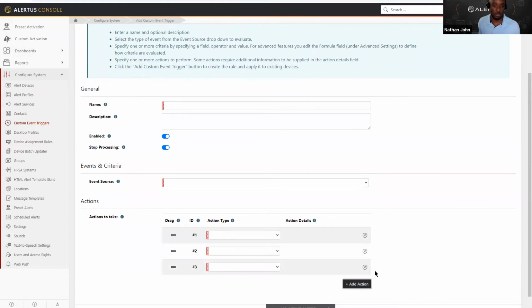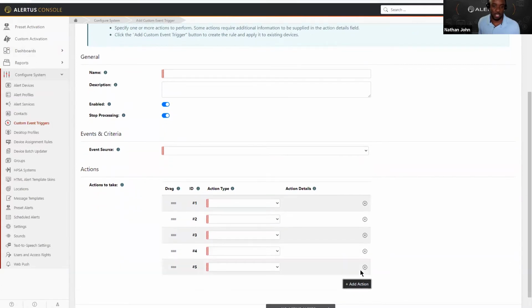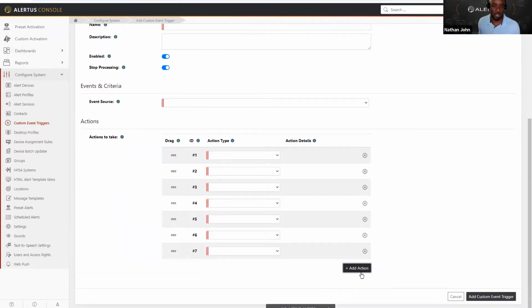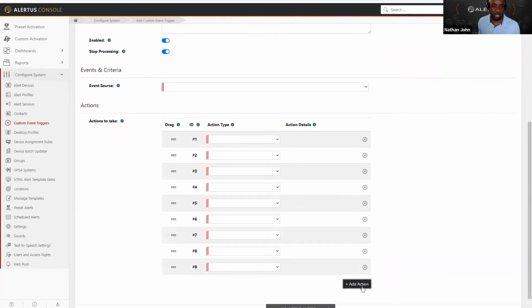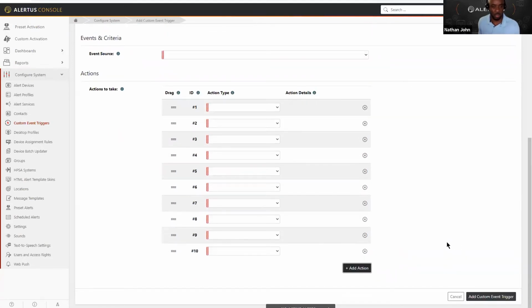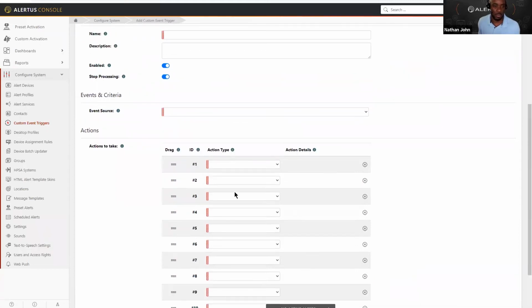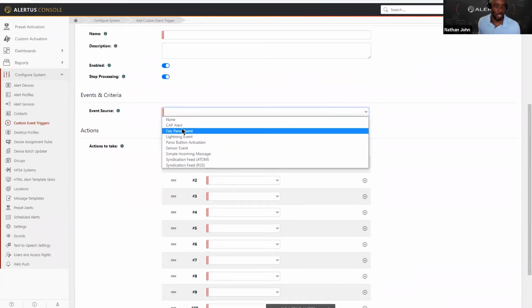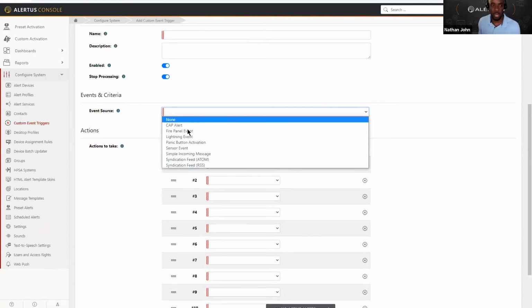Now, we've removed that 7-item limitation, and you can add as many as you'd like to. This is a bit advanced, and we usually work with our customers to get them set up. But, oh, these are actions, my apologies. I'm looking at actions, but the same applies for